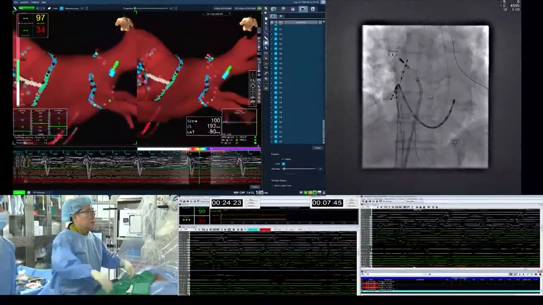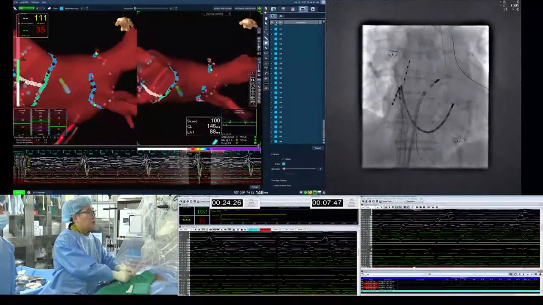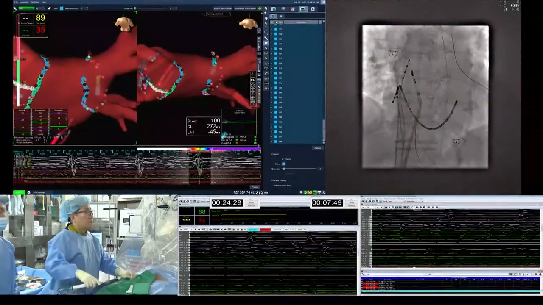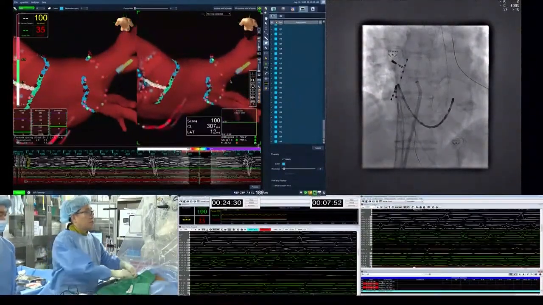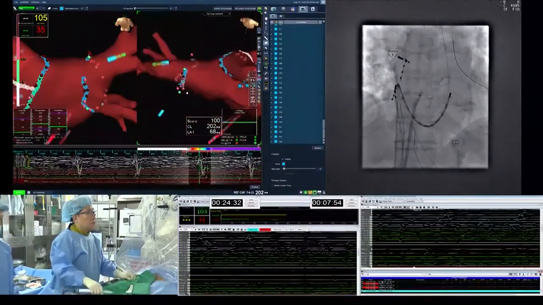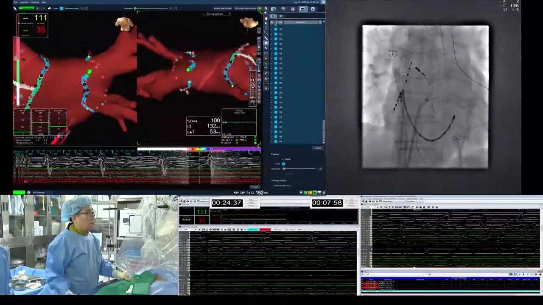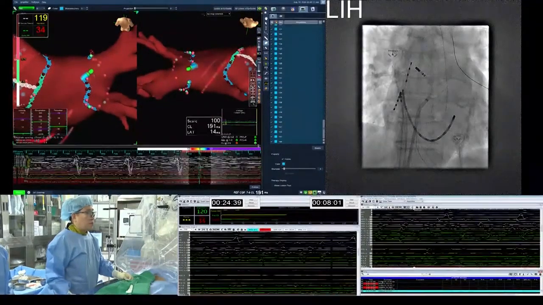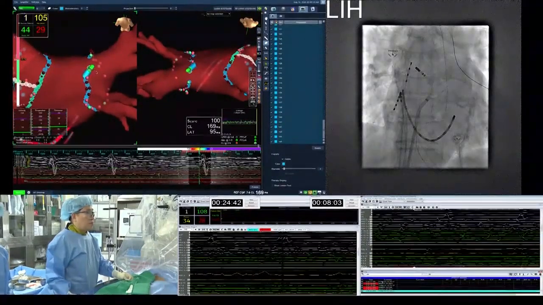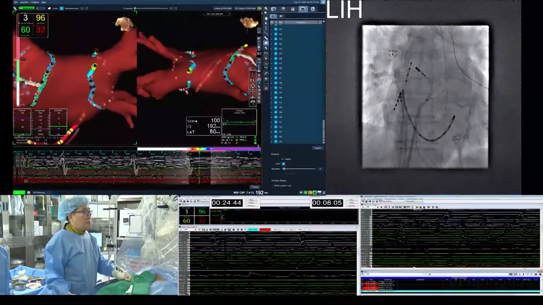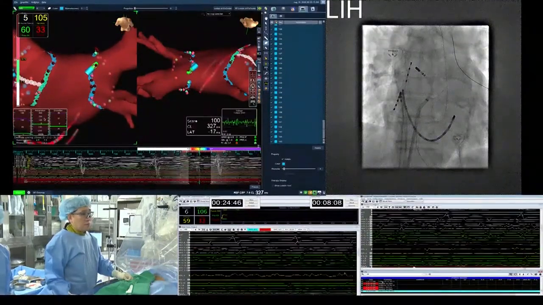And actually the rooftop is here. This area is the rooftop of the right side pulmonary vein. So I push the catheter inside the pulmonary vein, curve down, and rotate the sheath to make this second curve, an S curve, and push the sheath gently and make a good contact and fill up the roof side.